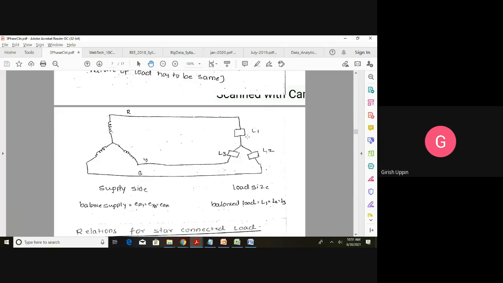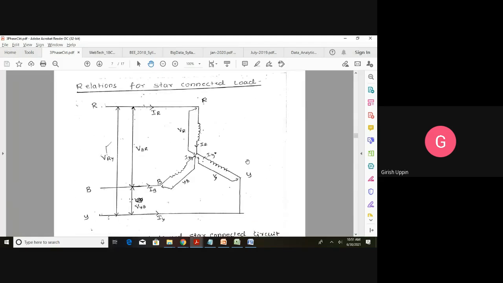Let us say we have an RL here. Similarly, we have an RL, and similarly, an RL. So the nature of the load as well as the magnitude, both should be equal. What is the meaning of that? Suppose I have impedances of 20 ohm, 20 ohm, 20 ohm, but this is an RL, this is an RL, and this is a resistance of 20 ohm. This is not called a balanced load. If the nature is RL, then all should be RL. If it is RC, all should be RC. And the magnitude of the impedance should be exactly the same. Then we call it a balanced load.